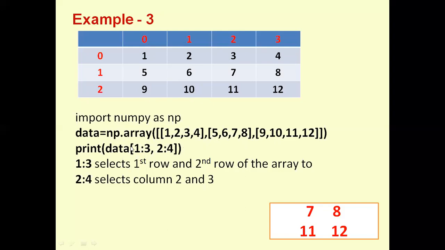It will select from the first 3. So it will display the value from this one, 7, and 8 from this, and 11 and 12 from the next element. 2 is given, so second, 0 and 1 from first it will display these values, and from second it will display these values. So you can use these types of things by importing and declaring any elements in an array.